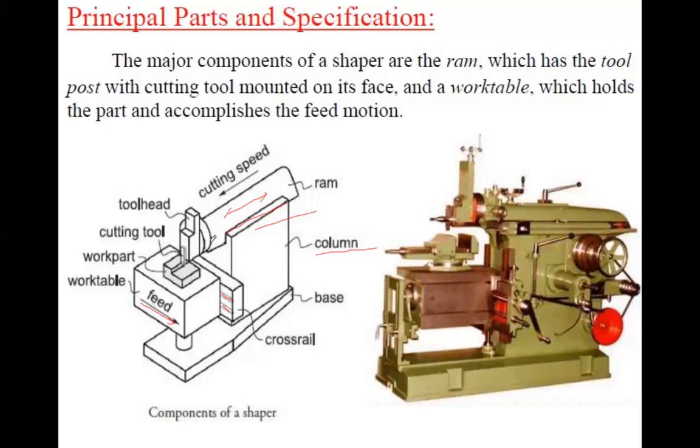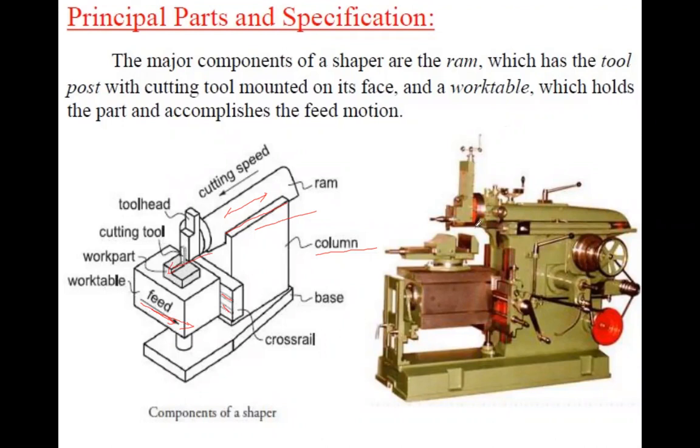Once the ram is moving forward, cutting is done. Then what happens after going back? The workpiece has to move a little bit. Otherwise, the tool moves forward in the same position where machining has already been done, and there is no machining. Once the cutting stroke and reverse stroke are done, one cycle is completed. After completion of the work stroke, the table has to move laterally in this direction. Then only is the new unmachined portion exposed to the tool. This is called the feed. Already we have seen this is the cutting speed, and this is the feed.